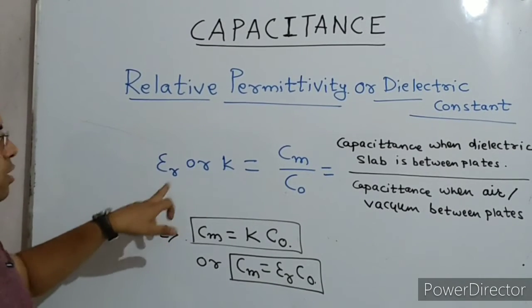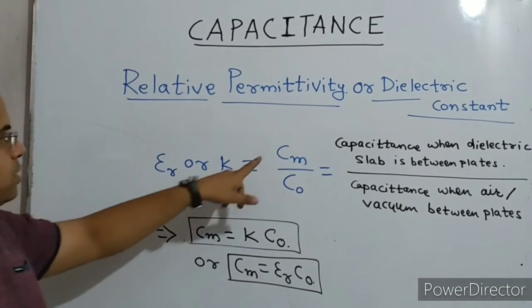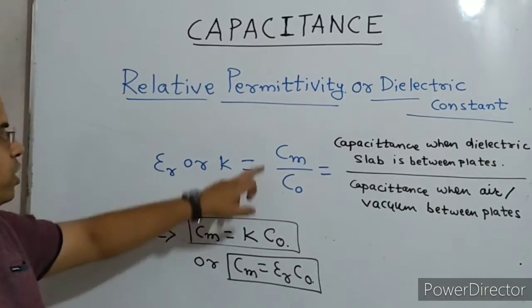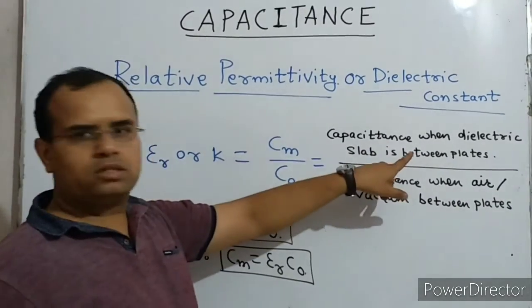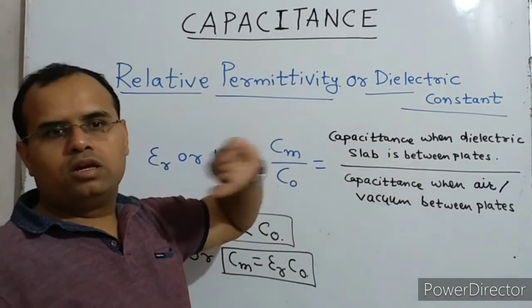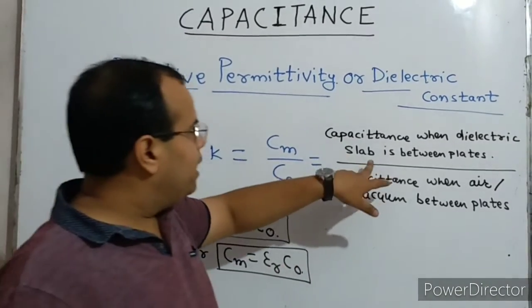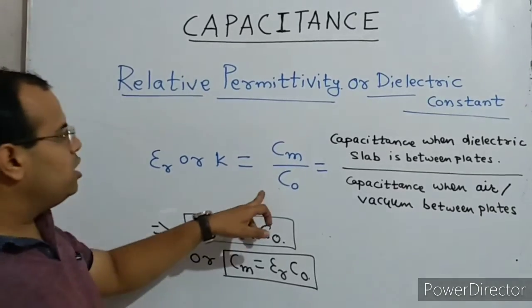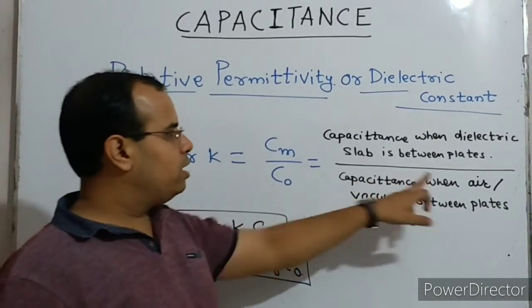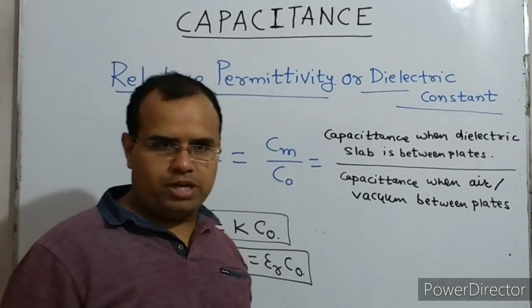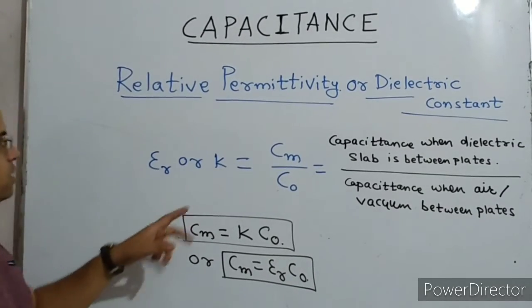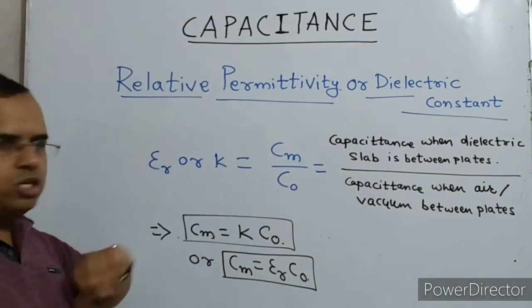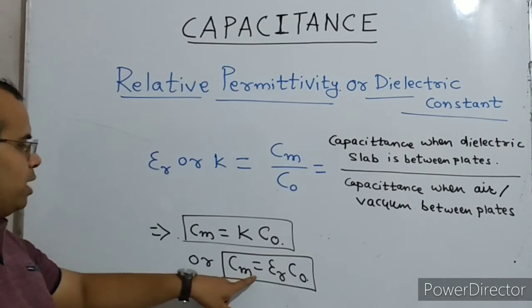How is it defined? The dielectric constant is defined as Cm upon C naught, where Cm is the capacitance of the capacitor when a dielectric slab is there between the plates, and C naught is the capacitance when air or vacuum is there between the plates. So you can write it as epsilon r is Cm upon C naught, or Cm is equal to epsilon r